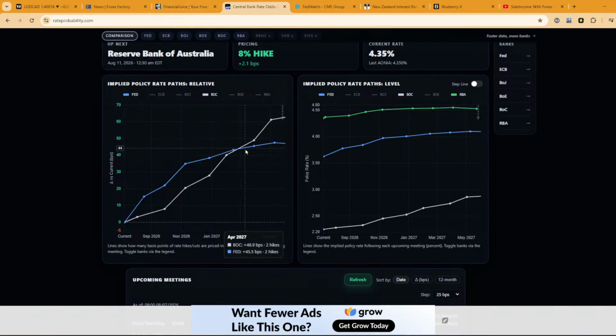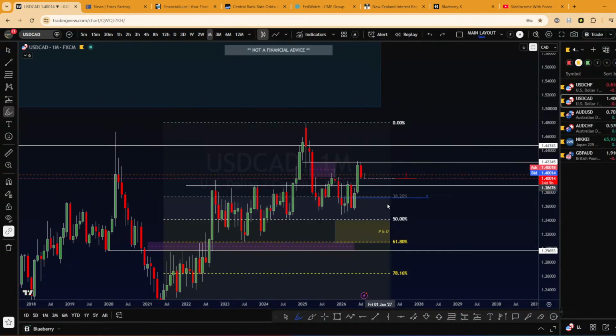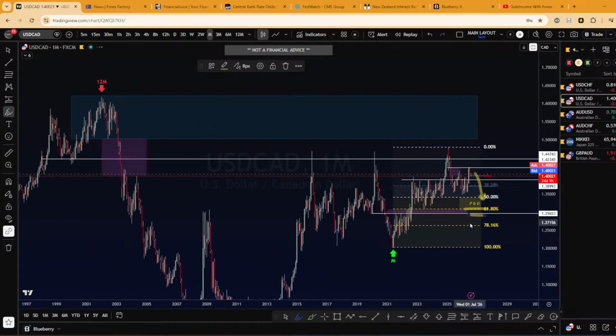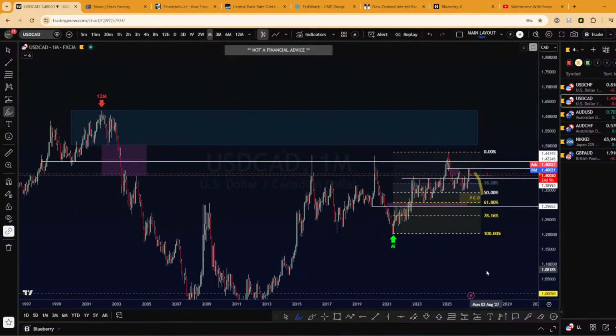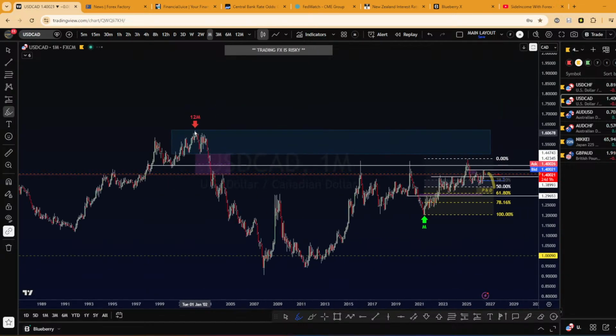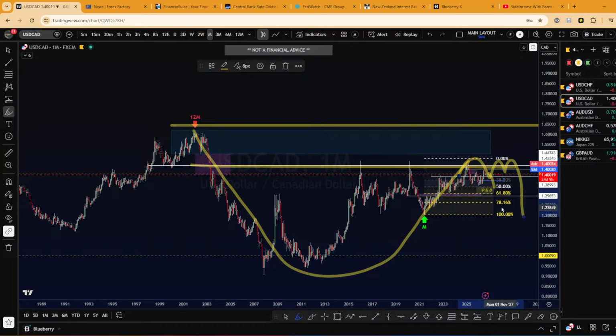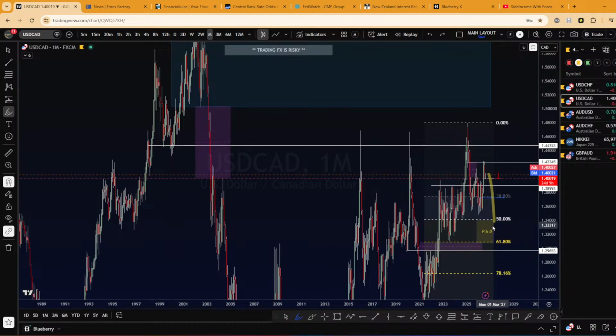So this potentially, around here, could favor, I don't know, 2027 is here, you see. This could favor maybe next year a drop around here because of the interest rate differential. Remember, on the higher time frame we are pretty much in the premium zone, so I would not be surprised if next year we start to see a drop on this pair. Of course, this could change.